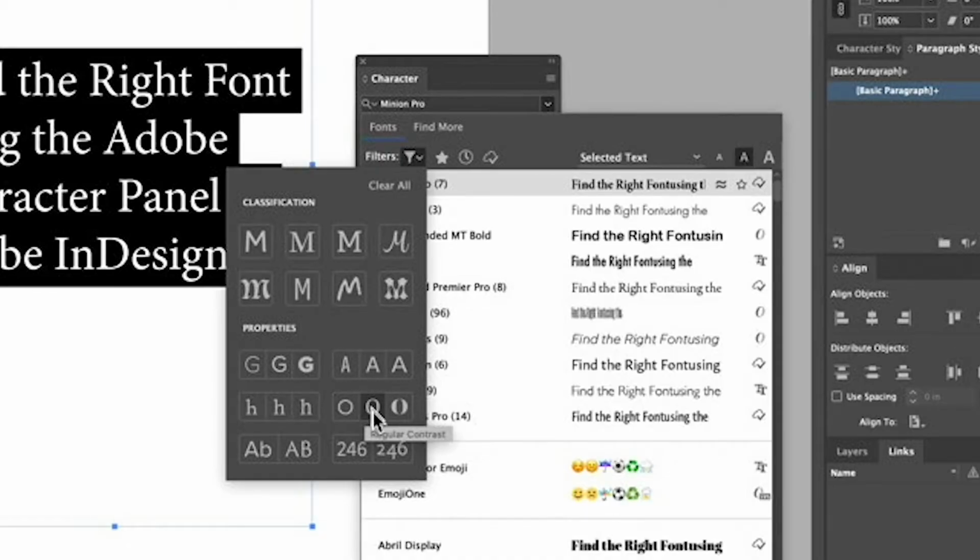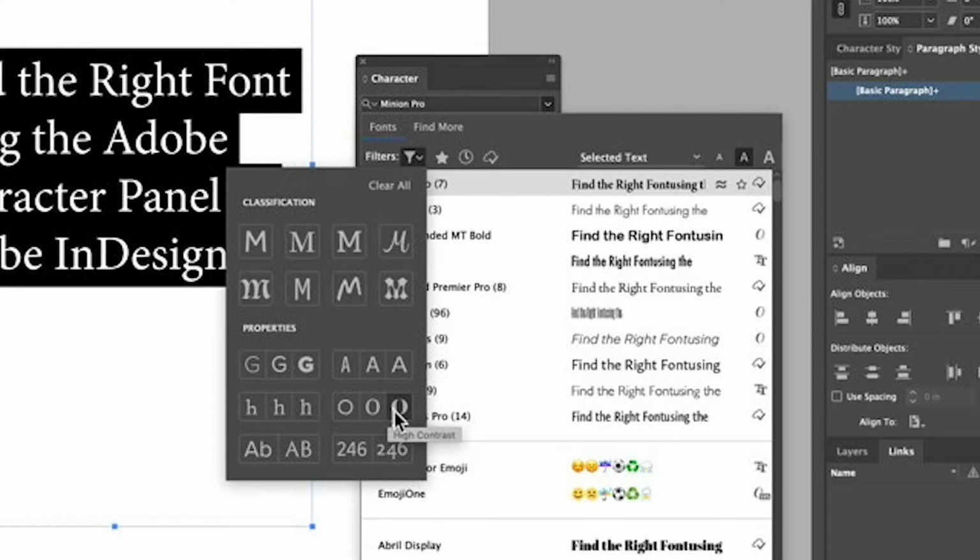Something like contrast is really helpful for helping distinguish something like a fashion brand. At least in the past, they tend to use a high contrast. So you can vary up how much contrast there is in strokes, and normally with things like a script, they're very beautiful when they have a lot of contrast. But if you're thinking about things like legibility or things that need to be viewed at a small size, try to avoid using high contrast because sometimes those details tend to get a little bit more difficult to read at a smaller size. So those are just a couple of tips on how to navigate and filter down those properties within the fonts.